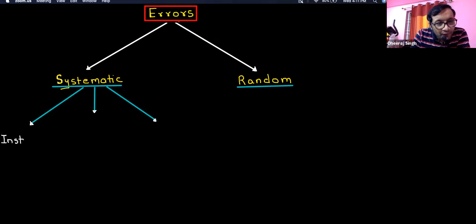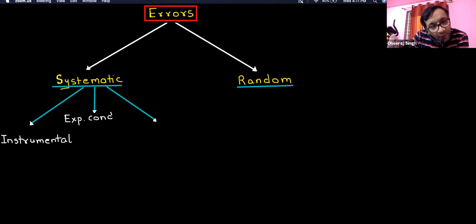Of course, you have to use some instrument to measure anything, so it can be instrumental error. Fine. It can be environmental conditions, or you can say experimental conditions, where experimental conditions are not proper. Okay. Or there can be